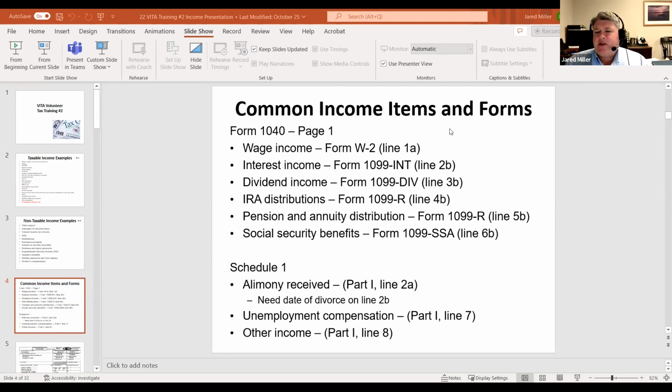Social Security, we're going to see the gross amount on 6A and the taxable amount on 6B. Fortunately, we do not need to do any calculation for Social Security. The system will automatically go ahead and do the calculations. Social Security can be taxed anywhere from 0% up to 85% of our gross benefit, but the tax system will go ahead and figure out how much will be taxable.